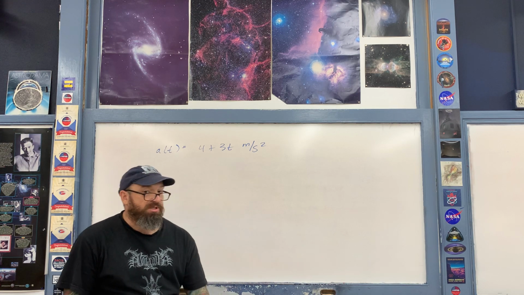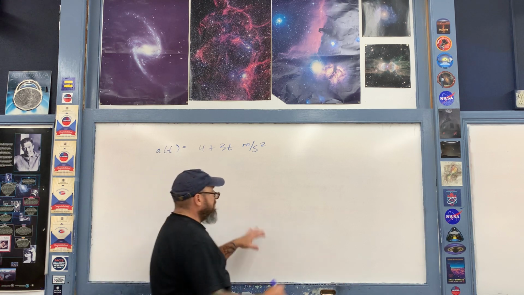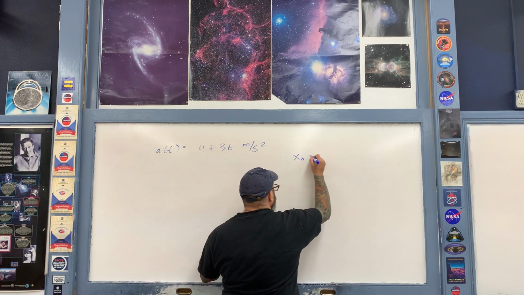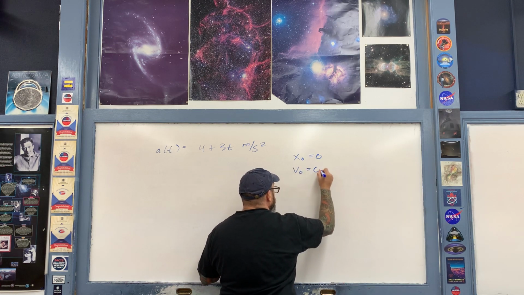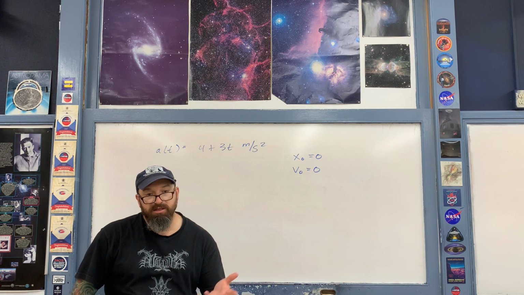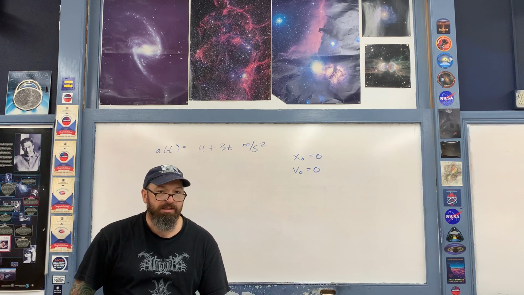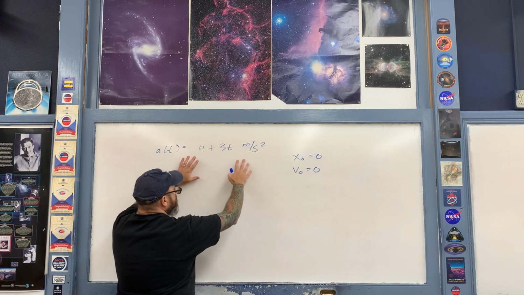It does say specifically, by the way, that the object starts at rest at the origin. So the initial position, x0, is 0 for the origin, and it starts at rest, so the initial velocity is given to us as 0. These quantities are given such that it makes the integration a little bit later on a little bit easier to do. Okay, now each of the terms here, in terms of the units, have to be in terms of meters